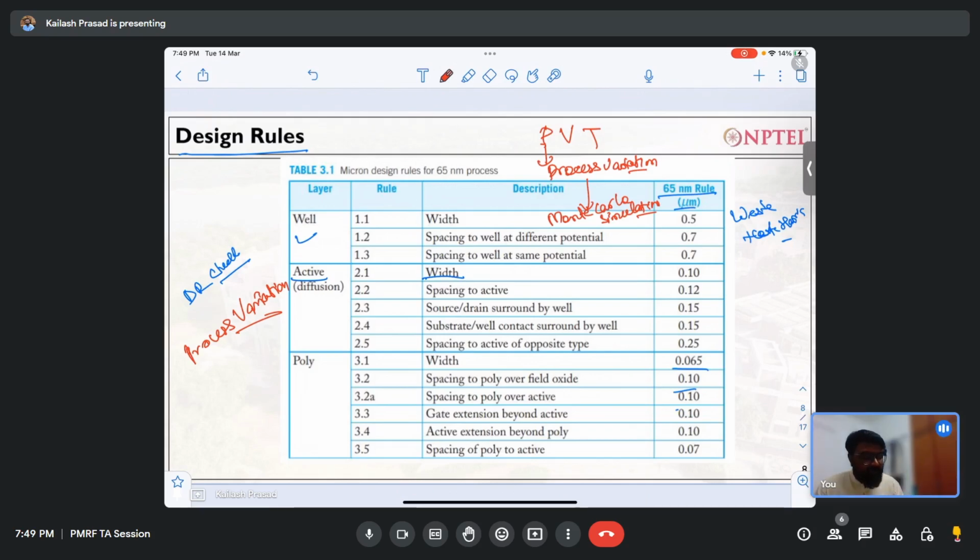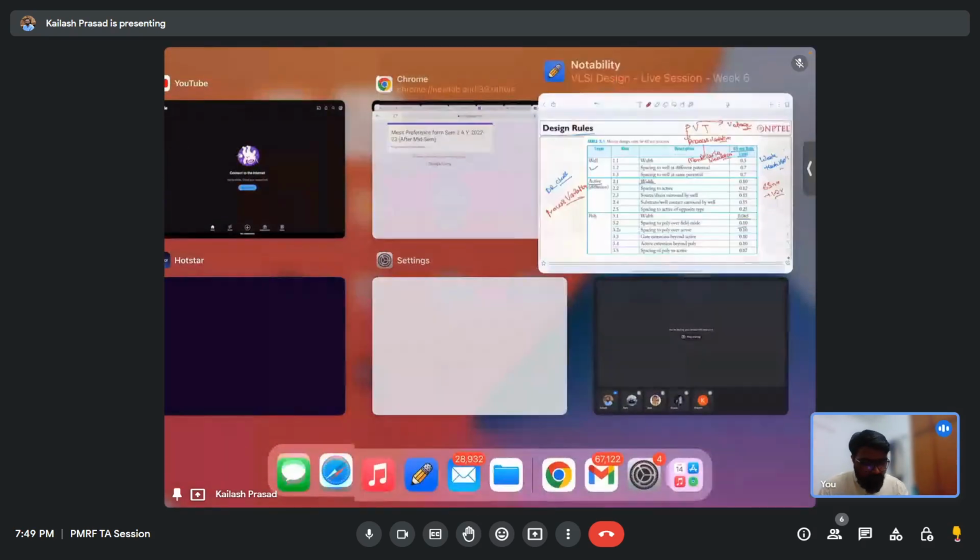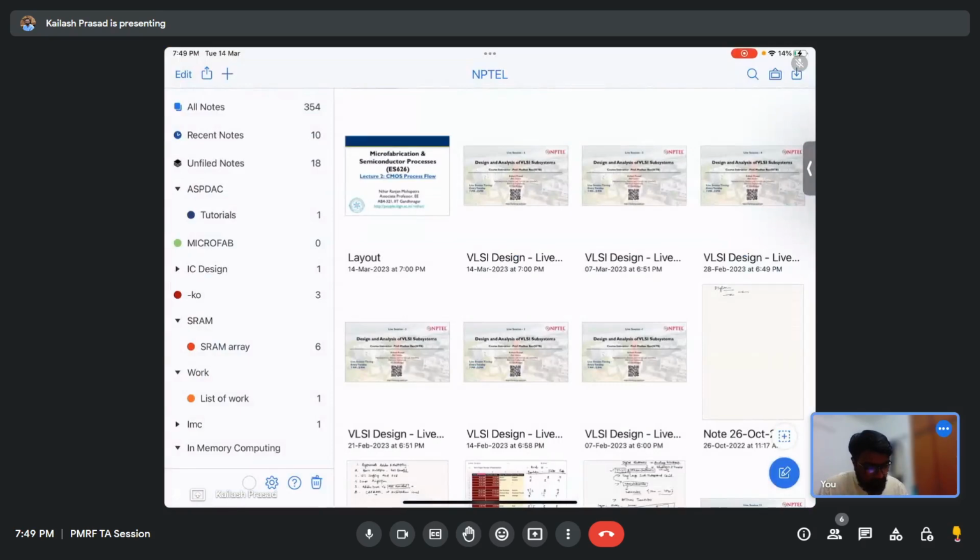Now the second test I'm talking about is what we call voltage variation. Ideally, 65 nanometer technology has a voltage of 1.2 volt. Now, what happens is that you have given 1.2 volt, and I have shown you these layouts. If you see over here,